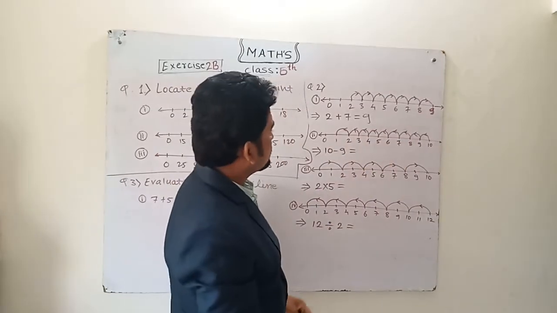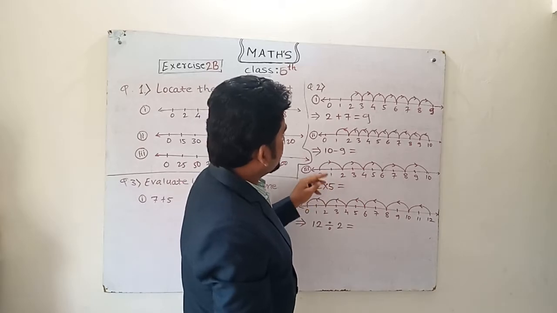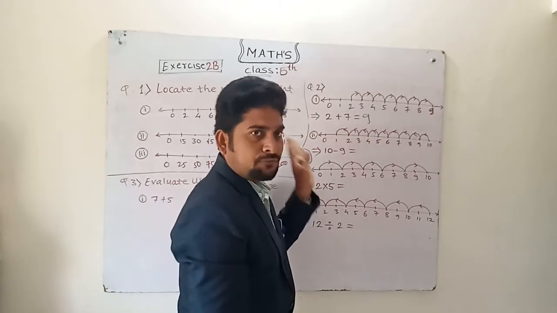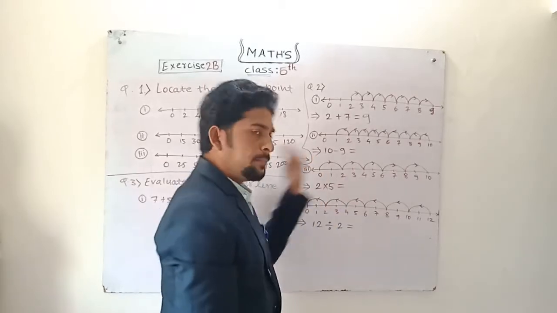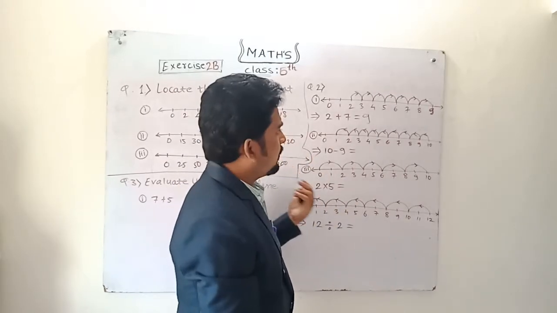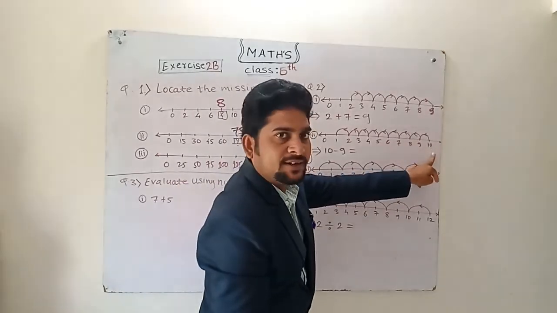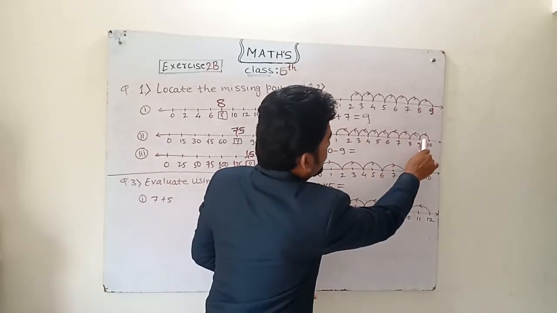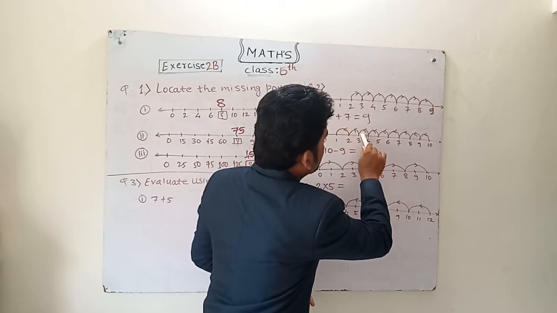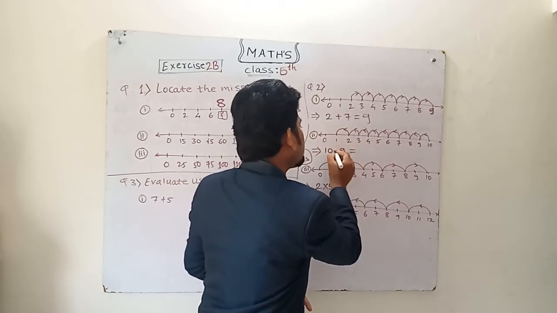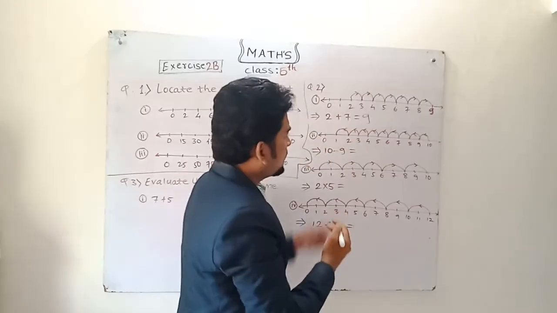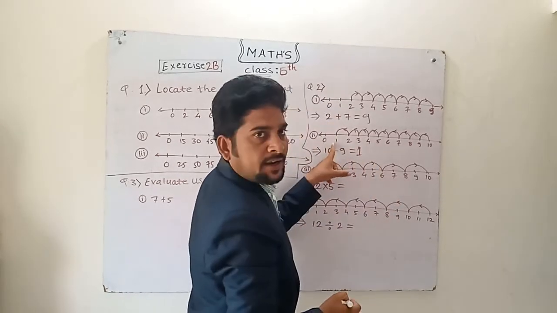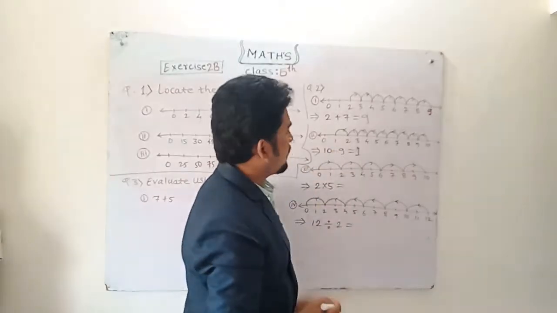See in this example, from 10 it is coming towards 1, right? It means it is coming to the left side, so we have to subtract. From 10 it started, 10 I have written, minus how many curves? Check. 1, 2, 3, 4, 5, 6, 7, 8 and 9. So minus because it's coming left, and minus 9 curves. So the answer will be 1. It came to 1. Like this you have to show.